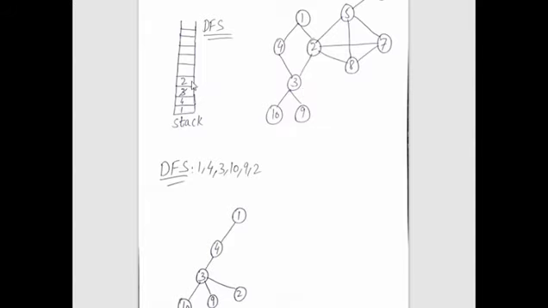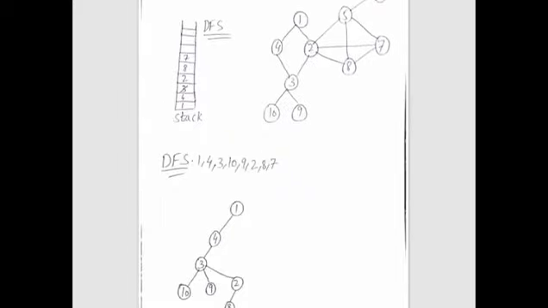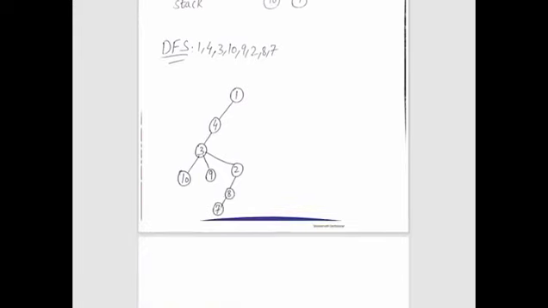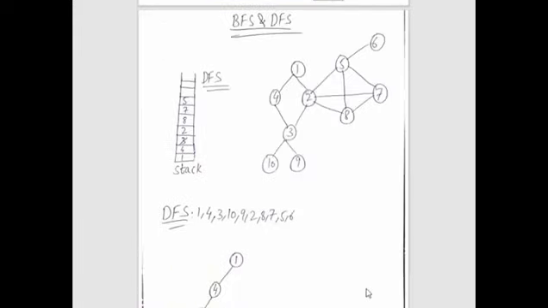So the next adjacent vertex to 2 is 8, right? So we will write 8 in the DFS and suspend 2. We will also write 8 in the stack and start exploring it. So the next adjacent vertex to 8 is 7. So we will suspend 8, write 7 here and also place it in the stack and start exploring it. So what is the next adjacent vertex to 7? That is 5. We will write it in the DFS and we will also place it in the stack and